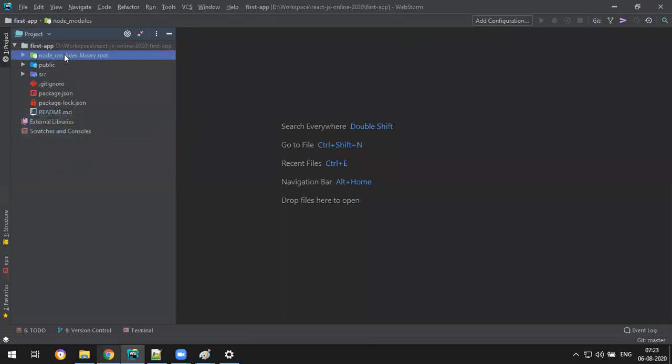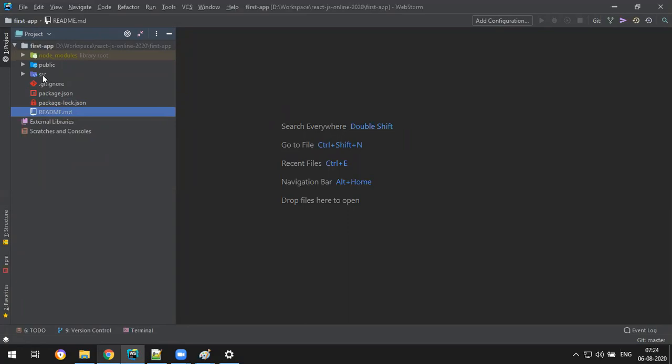So node_modules contains the third-party JavaScript libraries which React.js depends on, and the public folder contains all the static files. The src folder contains all the source code of your project, and .gitignore is a version control file, and package.json is your configuration file, and this is the module dependency information here. And this is the readme file, just some readme commands.